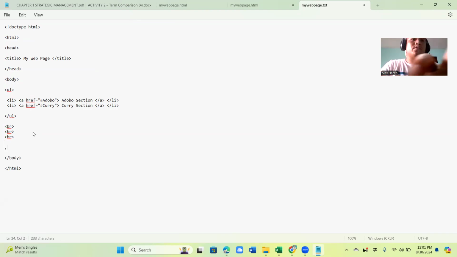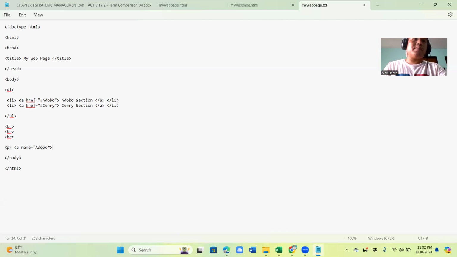Now, since we're trying to put some description or paragraphs of the section that we have created, let's put the P tag rather than the A tag, the name equals. So remember that this name represents the section, the hashtag that we have created. In this part, we're naming it as equals adobo because that's the first part, right?